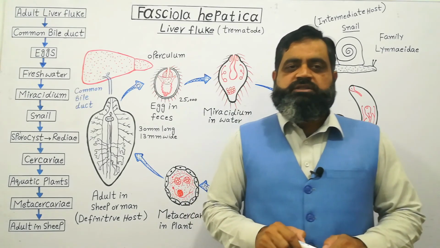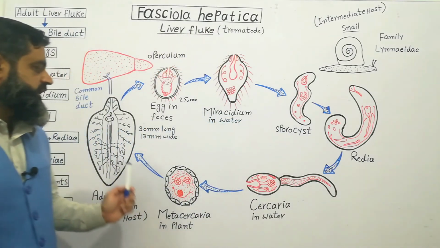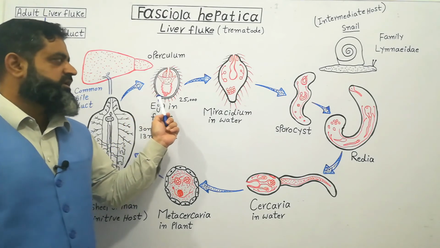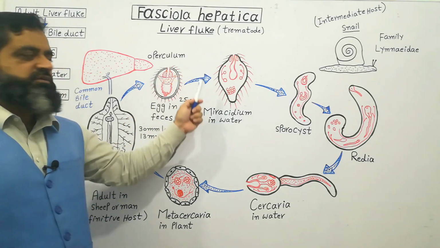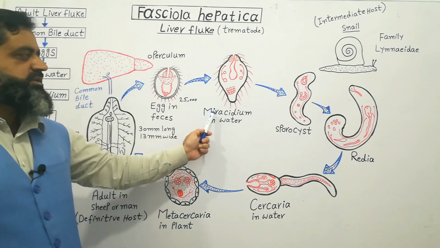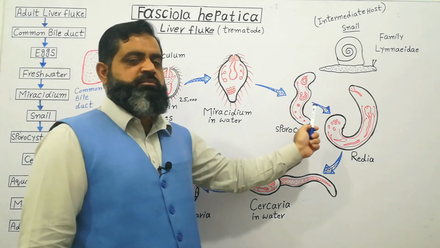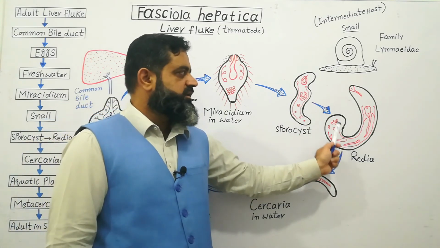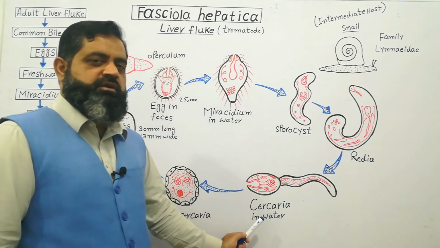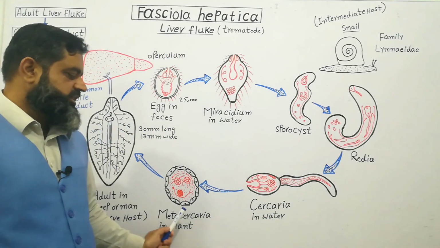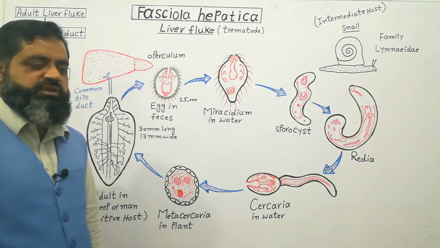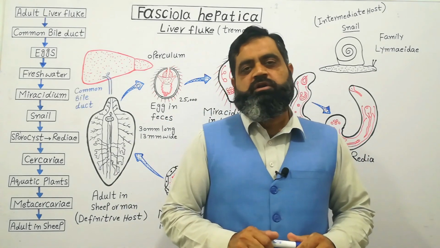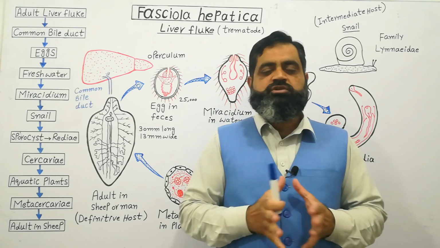So I can repeat this whole cycle again. First of all, the adult liver fluke lays eggs. Eggs are transported to water where larvae emerge from the eggs. These larvae are known as Miracidium. Miracidium finds a snail, penetrates the body of the snail, becomes sporocyst, then changes into redia. Redia leaves the body of the snail and becomes cercariae. Cercaria becomes dormant in the aquatic plant and becomes metacercariae, and metacercariae finally reaches an animal, cattle, human or sheep. So in this way, this whole cycle is completed.